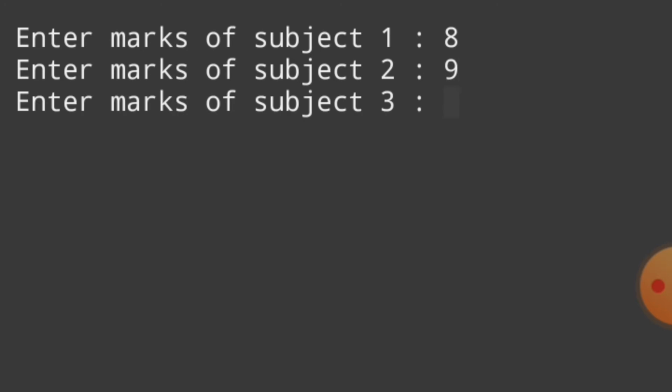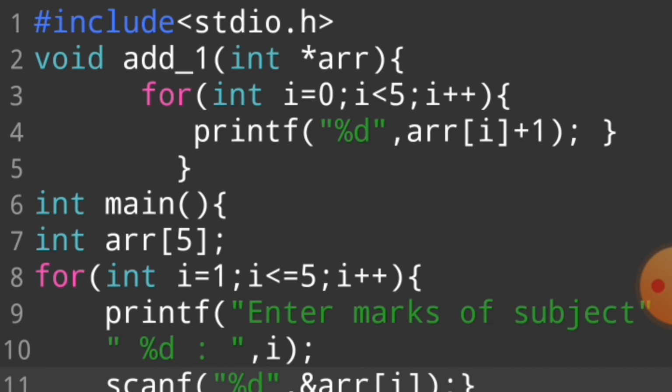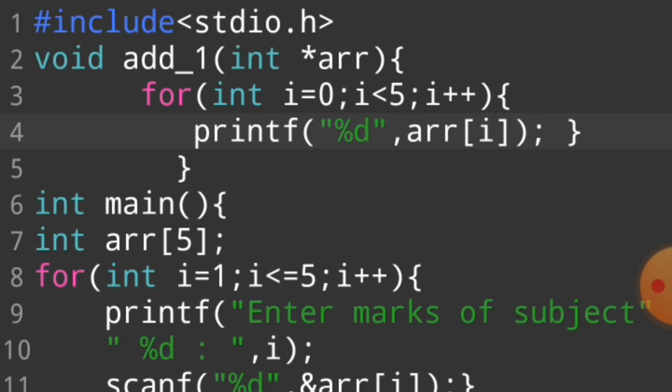8, 9, 7, 6, 5. So this value gave me a most difficult case of error. Why is this program giving me an error? If I run this program again, see guys, why we face the error.